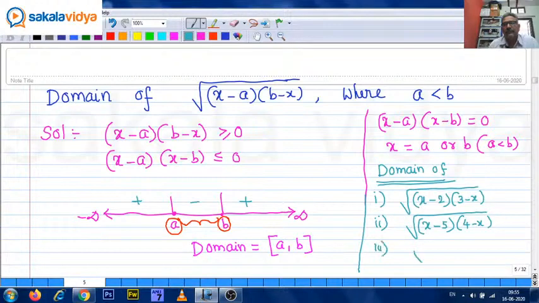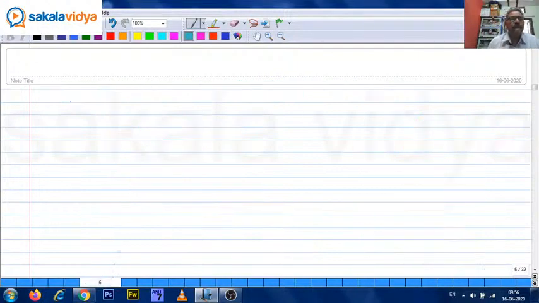Third, root of x plus 5 into 7 minus x. Okay. Next,